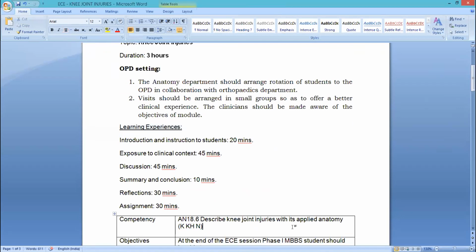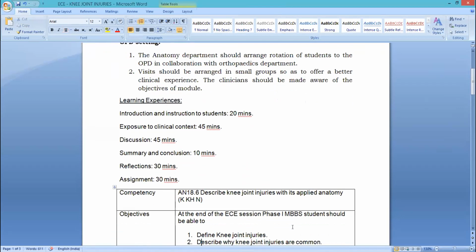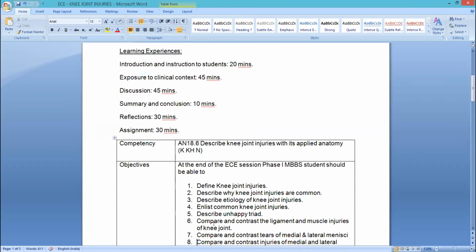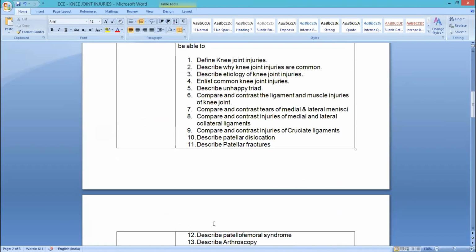According to the MCI document, the competency is AN 18.6: describe knee joint injuries with its applied anatomy, knowledge, know-how, and it is a non-core competency. Objectives: at the end of the ECE session, phase 1 MBBS students should be able to define knee joint injuries,